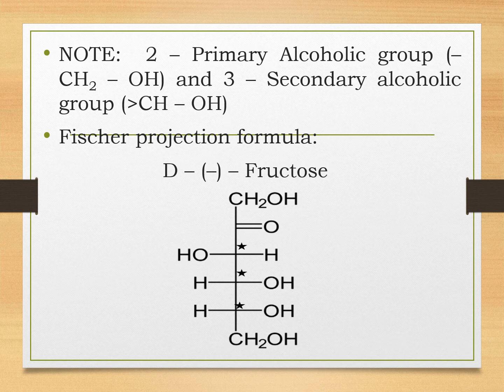Now, my dear students, why is it represented by D? As we have already studied in D and L configuration system, that when at C5 carbon atom, OH is on the right hand side, it is represented by D. So you all can see that the second last or the lowest chiral carbon has OH on its right hand side. That is why it is represented by D. Whereas you all know that fructose is levorotatory. That is why it is denoted by the minus sign. So that is why the Fischer projection formula for fructose is D minus fructose.